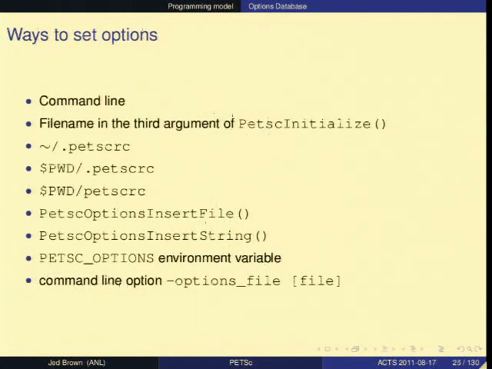There's lots of ways to set options. So we usually like to use the command line, but you can put these in options files, and you can put them in like a PETSc RC, and you can insert them from code, and you can put them in environment variables. So if you have some big code and you don't want to give the command line to PETSc at any stage, there's still lots of ways to control these kind of dynamic options at runtime.